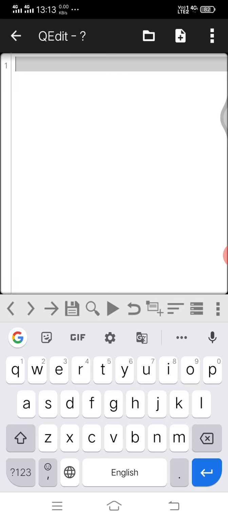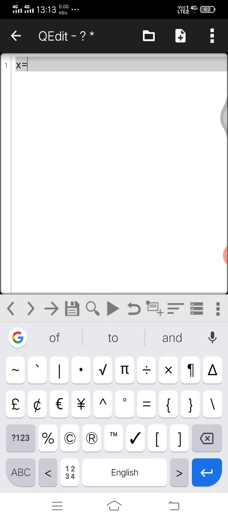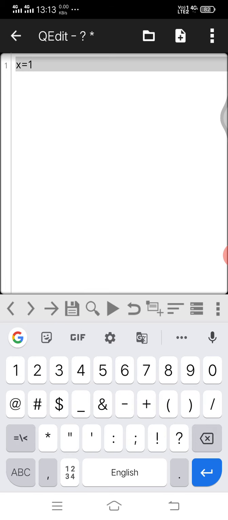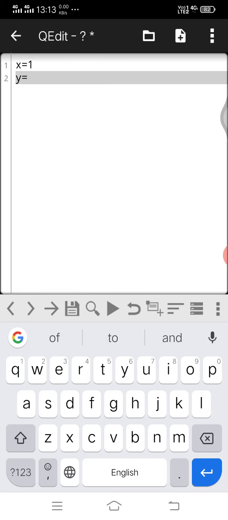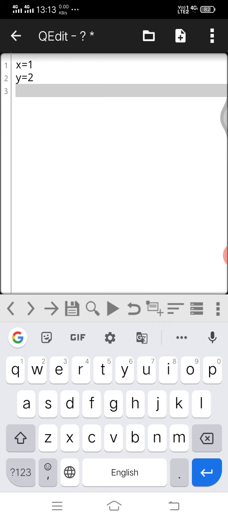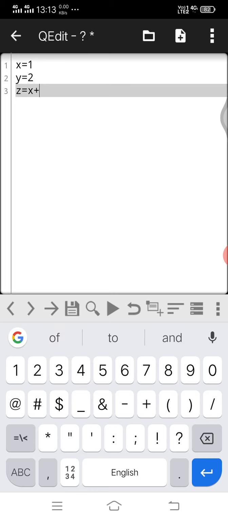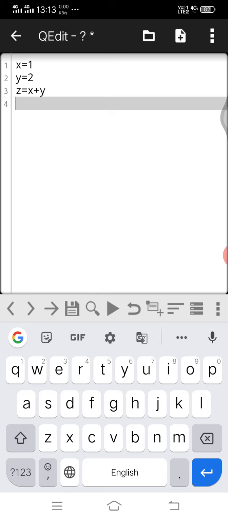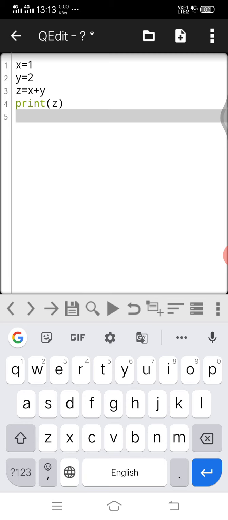First of all, we have to write the complete code of the Python. x is equal to 1, then y is equal to 2. Similarly, we will write z is equal to x plus y. Then we have to print the value of y here, print the value of z, then print z. Okay, this is the complete code I have written, and I will get the output only after saving this code